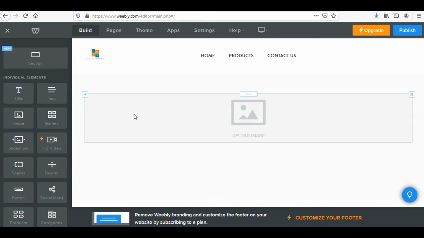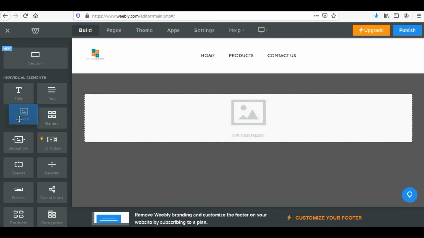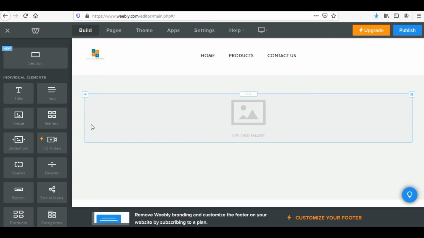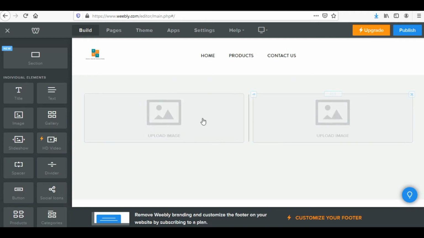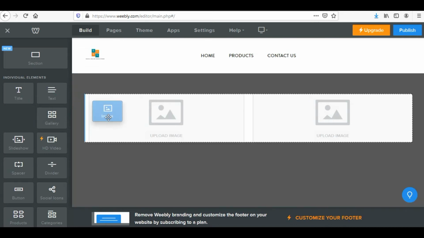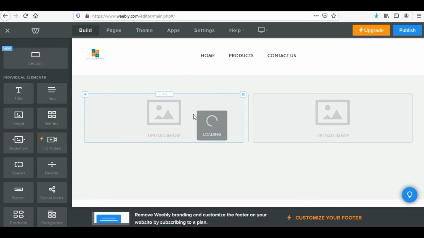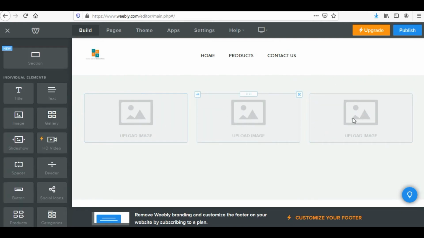Now I want to divide this page into three equal parts. If you have seen the last video, you know how to do it. I am again bringing an image, and I would be putting either on the left side or right side of this particular element, which I've just inserted. By default, this page is divided into two equal parts. I want maybe my page to be divided into three columns, so I'll bring one more image and I'm going to drop it on this side. I can drop it on left or on right by default. Now this has divided into three equal